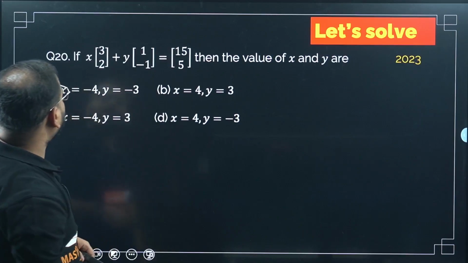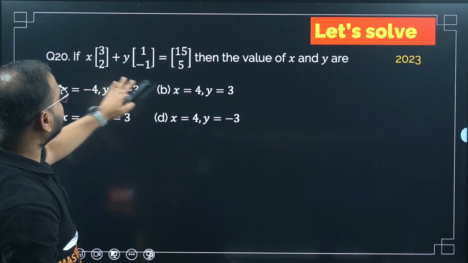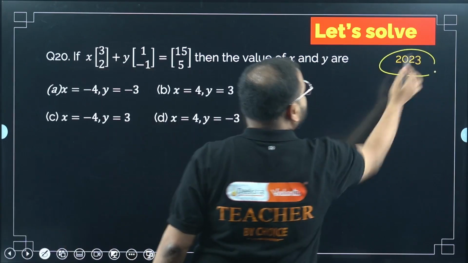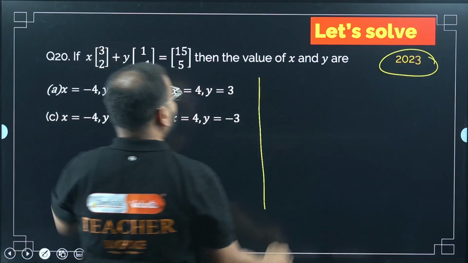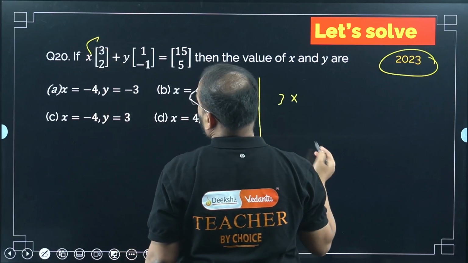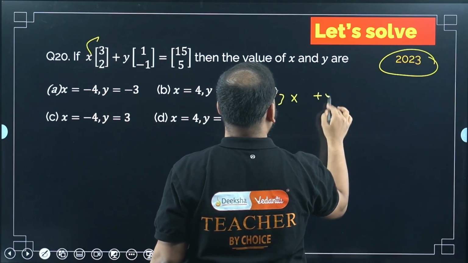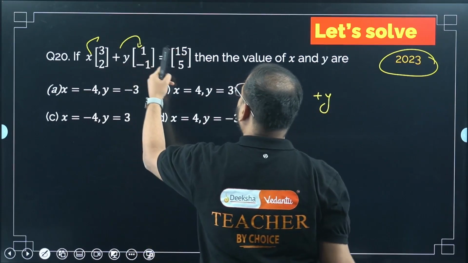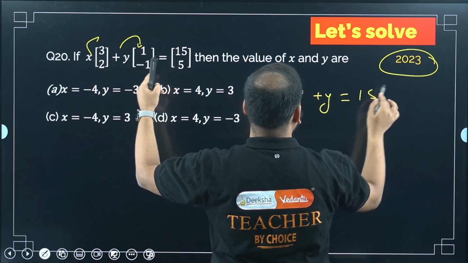Again, we have to multiply over here and get the equations. How will I do this, sir? They have asked this question recently. X with 3 I have to do. It's a scalar multiplication, no? Scalar multiplication. So 3x plus y. I have to do y also, like this. Please check. Equal to what? 15. Simply 15.